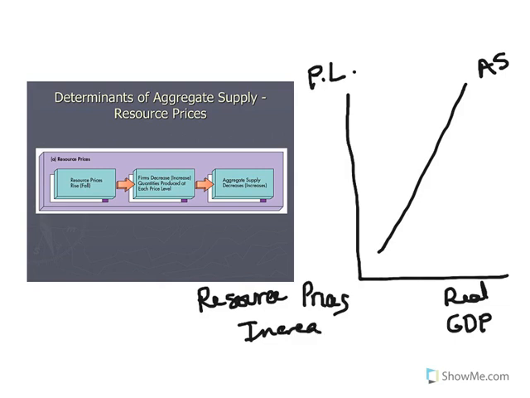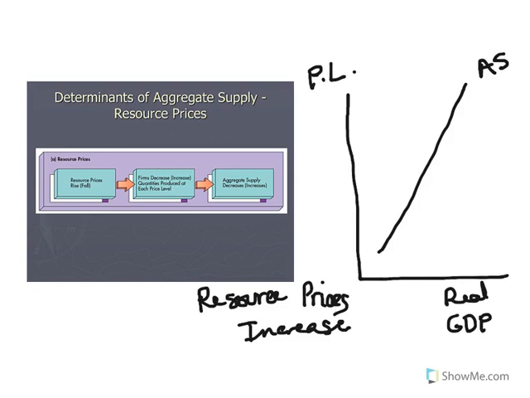So we can be talking about something like oil. In other words, let's say that for whatever reason, the price of oil suddenly increases. So all the firms are having to pay more for their oil in the production process. And oil is usually a good example because oil is used in the production of most goods and services, if not in the actual production process, in transporting the goods